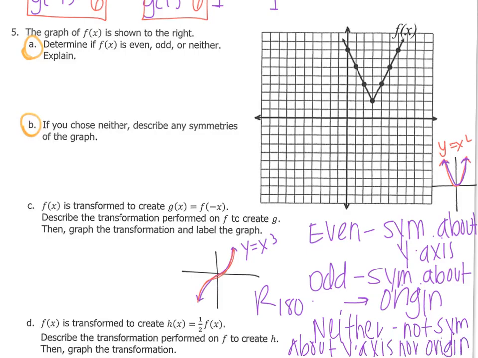Now, that's not to say that it can't be symmetric. It can absolutely be symmetric. It's just not symmetric about the y-axis nor the origin. So if I were to look at this graph here and try to see its symmetry, it's clear to me that the y-axis